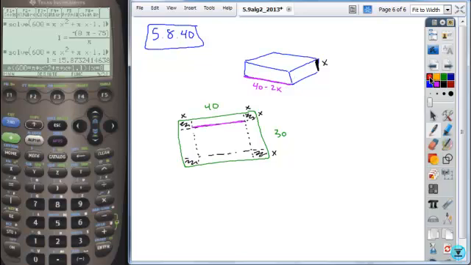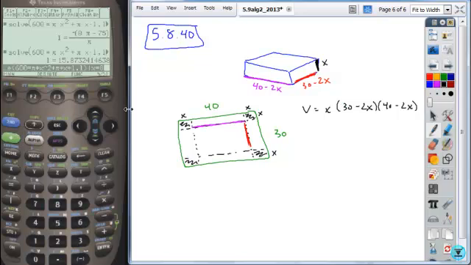And we're doing the same thing here. This dimension is just this length. Well, this length is accomplished by taking the whole length of 30, subtracting an x from each of the corners. So it is 30 minus 2x. And so now you have the three dimensions of this box. And so to find the volume, you're just going to multiply those. So x times 30 minus 2x times 40 minus 2x. And so if we just expand this out,